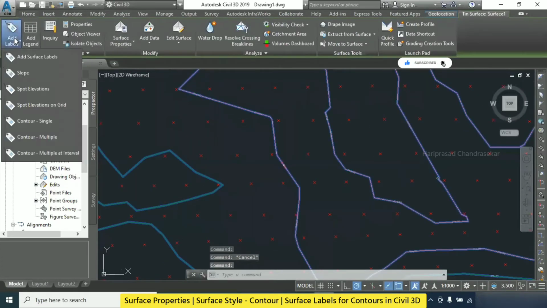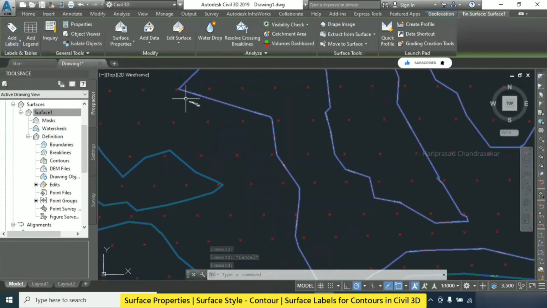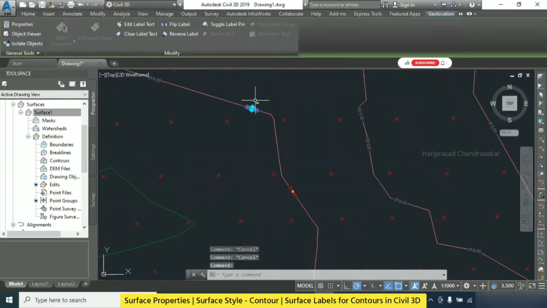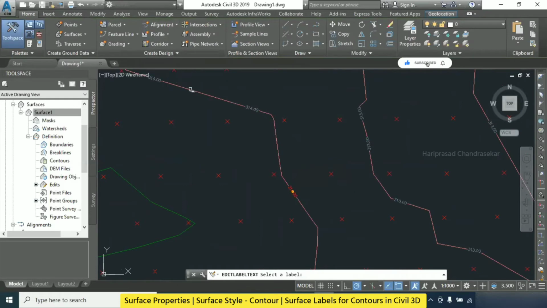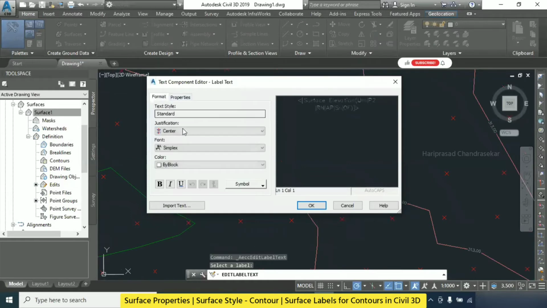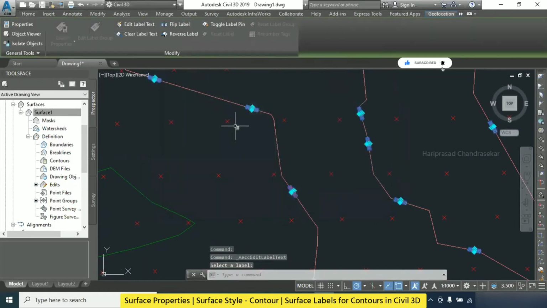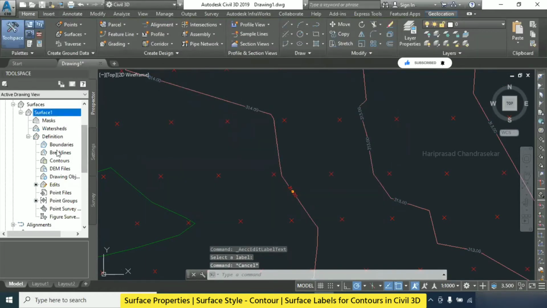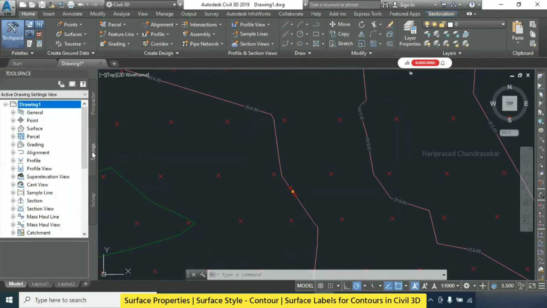Select the surface and then here you have labels, right? So I will go for select similar. So it will select everywhere and then we can go for editing. No, I think we can only go one by one. Or you can go here to settings and then go for surface and surface label styles. See, if you're doing something here, it will directly change everywhere.